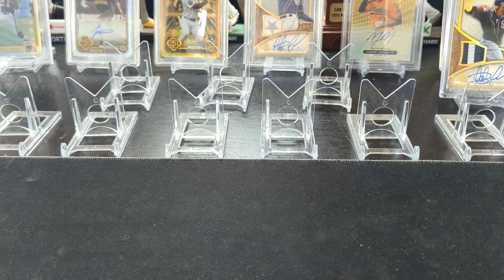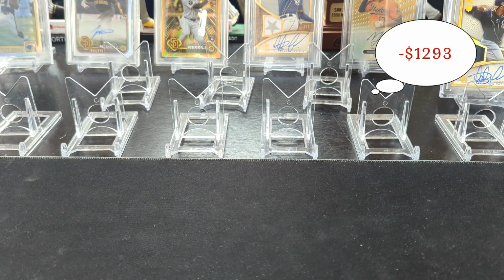So I'm going to put a tracker in the corner, which is going to start at the exact amount I paid for the case, and we will count it down as we go through. So we will start